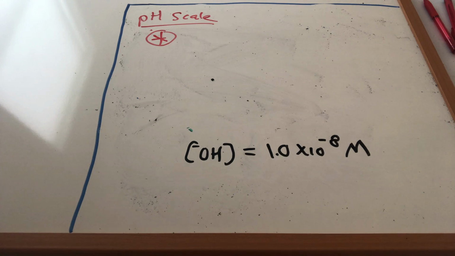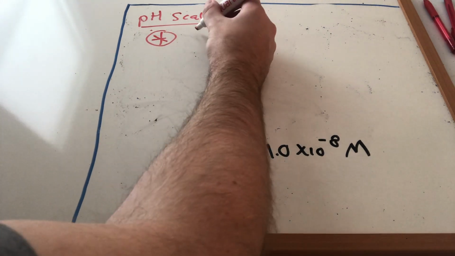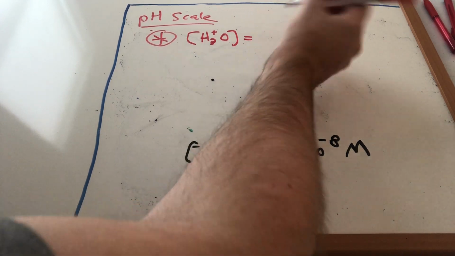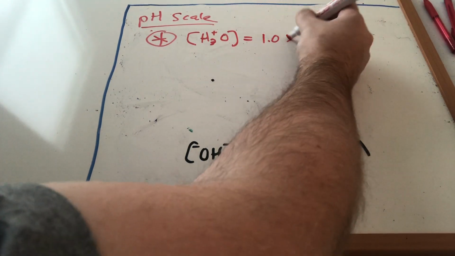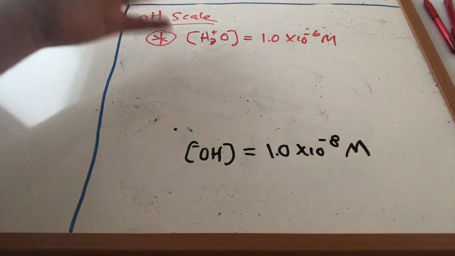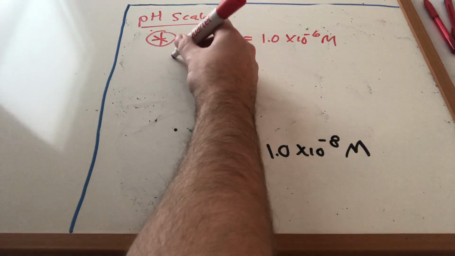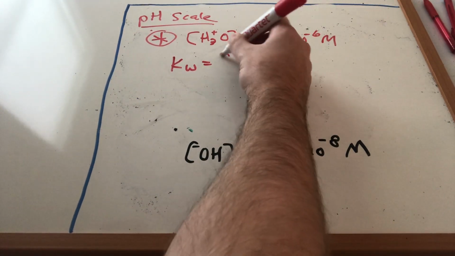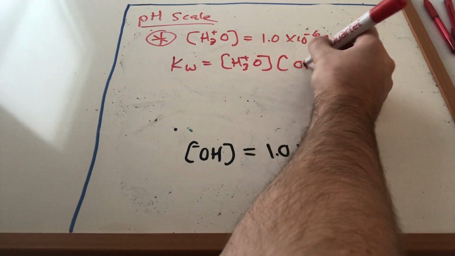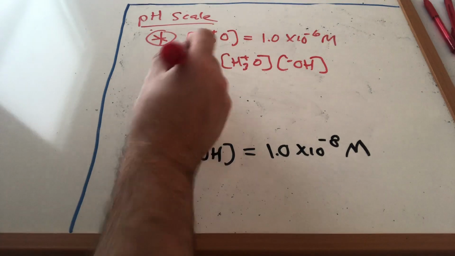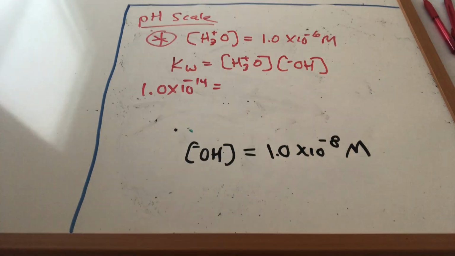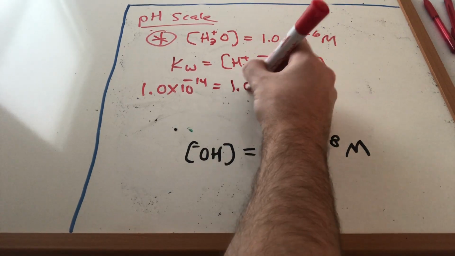Another way we could have done this example is if you look at the information that was given at the top, the H3O plus concentration was given as 1.0 times 10 to the minus 6 molar. We also know, and I just wanted to show you how to use a pH scale, that Kw is equal to H3O plus concentration times OH minus concentration. We also are going to be good students and memorize Kw as 1.0 times 10 to the minus 14. So then if I have 1.0 times 10